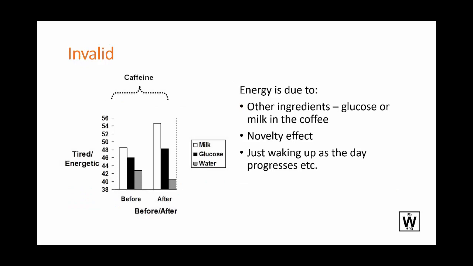You just got to realize that it's biology that really worries about things that are invalid, because they have studies like this. They just can't control their variables. And so if they're trying to say that caffeine increases or decreases your energy, you look at this study and it's just, it could be novelty effect. As the study goes in, this is interesting, and so therefore there's more energy and attention given to it. It could be just because they're progressing through the day and that's why they're naturally just waking up. And it could be the energy is due to glucose or milk in the coffee. That's not actually got anything to do with the caffeine. And so this is why the words reliability and validity are such big issues for biology and not for chem